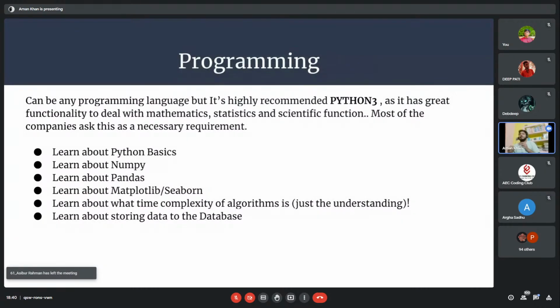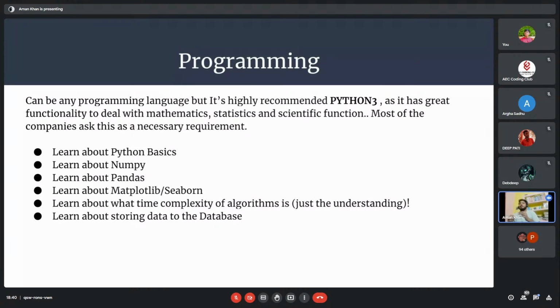अगेन, द सेकंड थिंग दैट विल बी रिक्वायर्ड फॉर योर डेटा साइंस जर्नी विल बी प्रोग्रामिंग। प्रोग्रामिंग हर जगह काम आने वाला है। आप कोई भी टेक्नोलॉजी देख लो, आपको प्रोग्रामिंग लैंग्वेज लगेगी ही लगेगी। जयंत ने अभी कहा था कि जावास्क्रिप्ट पढ़ लो, भूखा नहीं मरोगे। सेम वे पाइथन 3 भी आप पढ़ लोगे तो भूखा नहीं मरोगे। पाइथन 3 यूज किया जाता है डेटा साइंस, आर्टिफिशियल इंटेलिजेंस, मशीन लर्निंग में।